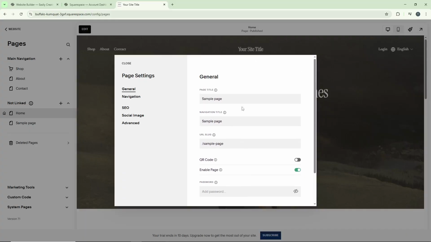In the settings panel that appears, you'll see a field labeled Page Title. Click into this field and you'll be able to edit the existing title. Simply delete the old title or modify it as needed, typing in your new preferred page title. Make sure your new title accurately reflects the content of the page and is clear for both visitors and search engines. After you've finished editing the page title to your satisfaction, look for the Save button, typically located at the